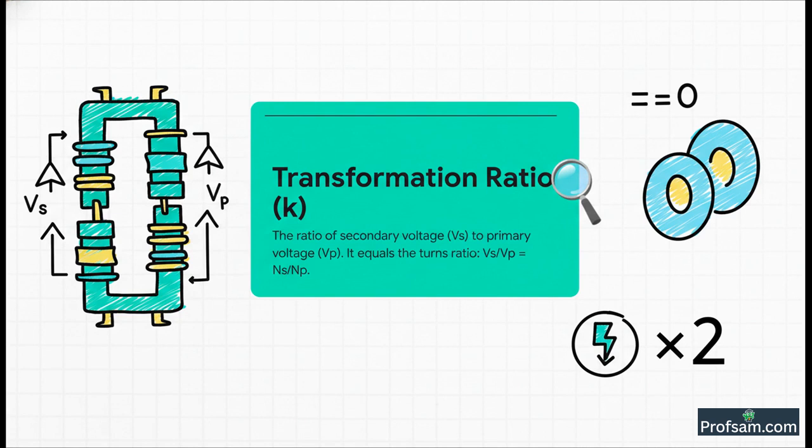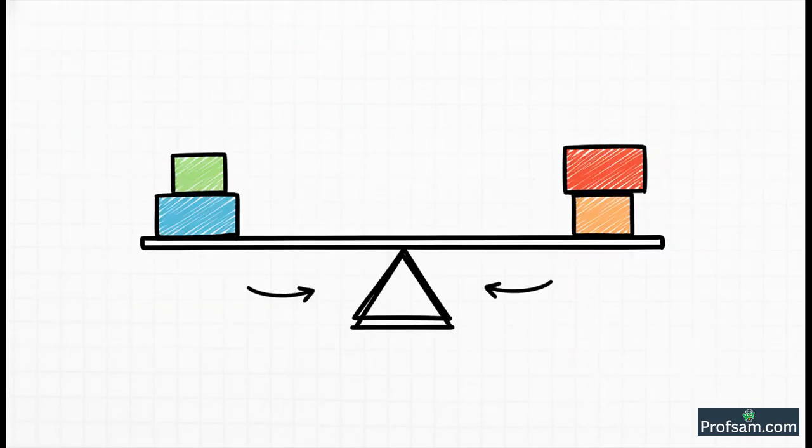What does that mean? It just means the ratio of the voltages is exactly the same as the ratio of the number of turns. So if you want to double the voltage, what do you do? Simple. You just make sure the secondary coil has double the number of turns. That's it. But, and this is very important,